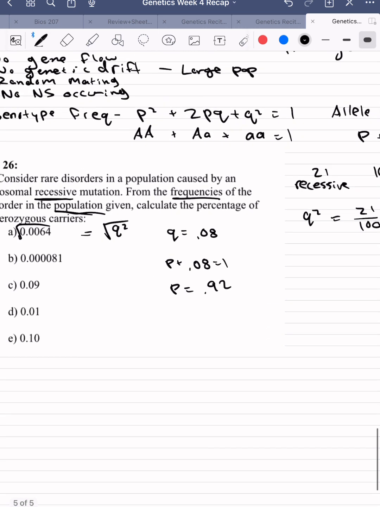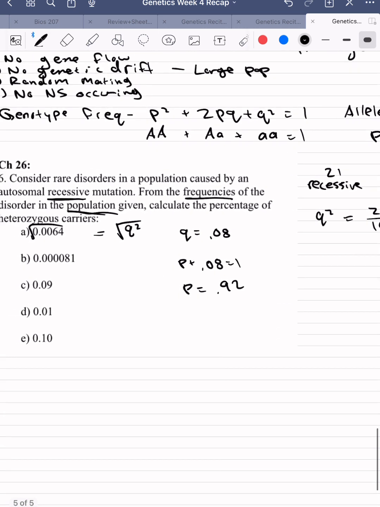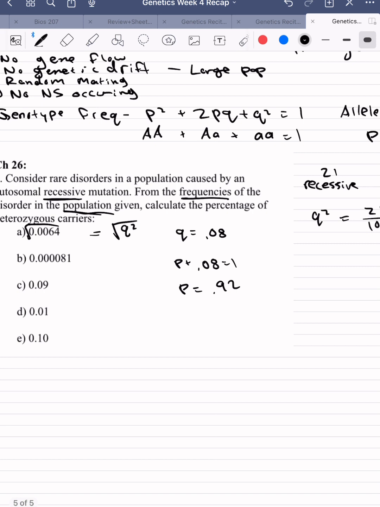In order to find the heterozygous, the equation we plug it into is 2pq. So 2 times 0.92 times 0.08, and that gives us 0.1472,